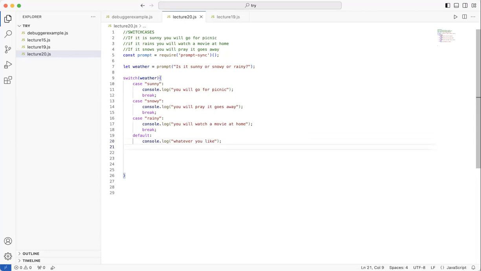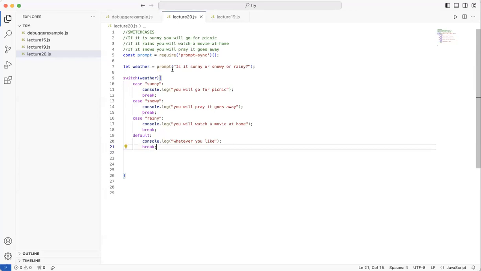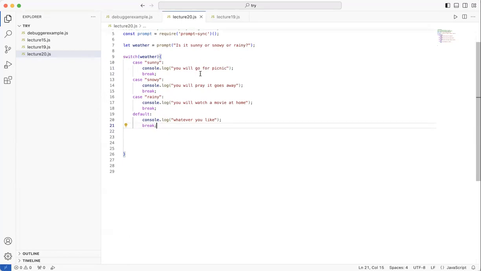No, it's not like a loop, it just stays there. In order to jump out of that part of the code, we have to use break. Does that make sense for you? It essentially does nothing, it just stays there after printing. If we did not write break, it will not go by default outside of the switch. You have to write break in order for it to go out of the switch case. It's just going to print one time and just stay there.